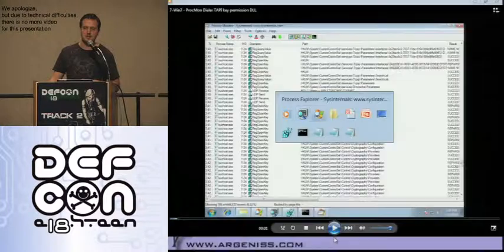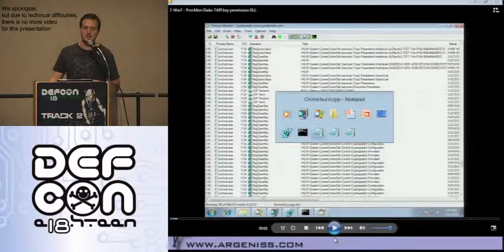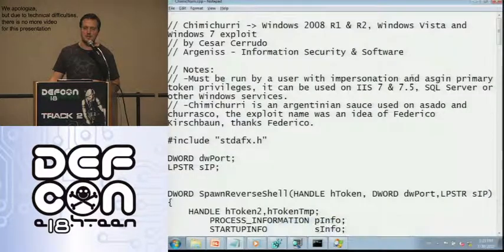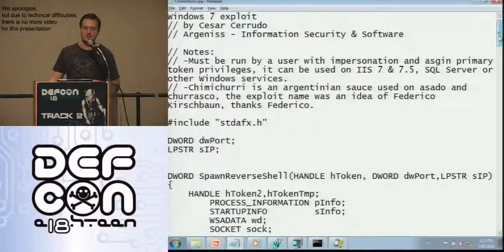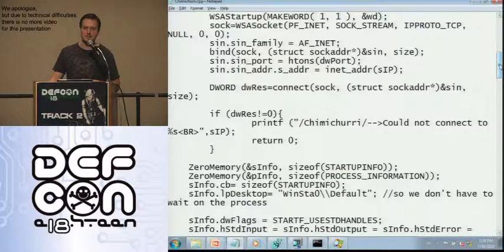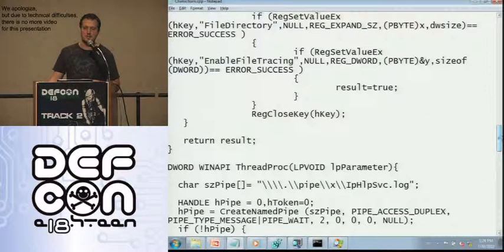Let's see some code. Well, this exploit is called Chimichurri, which is an Argentinian sauce used for churrasco. It was an idea of Federico Kirschbaum, San Federico, for the nice name. So basically, what this exploit does is create the pipe.